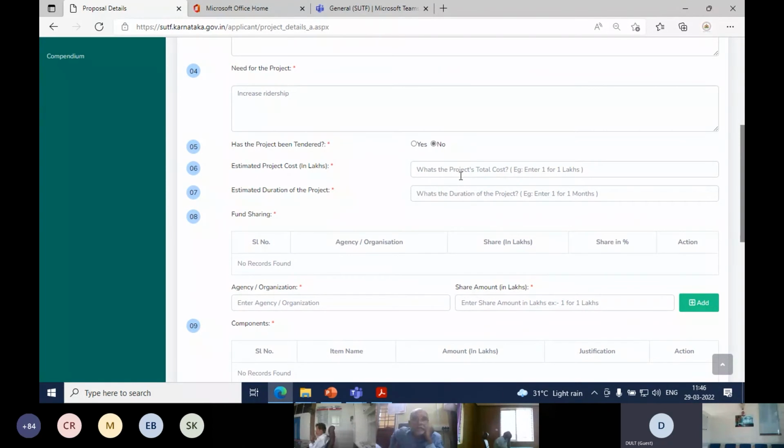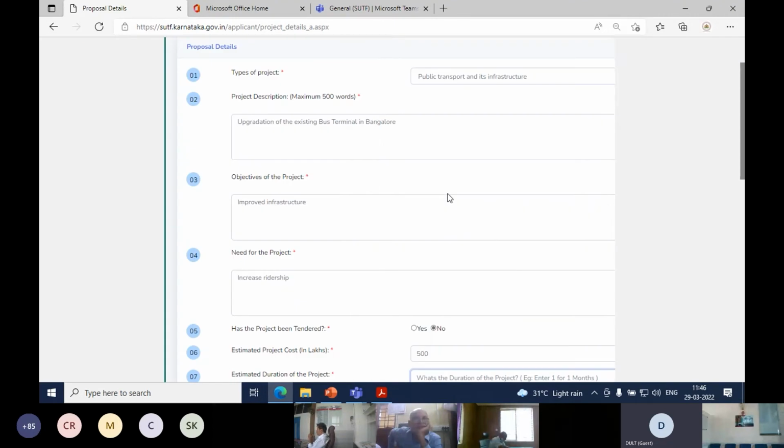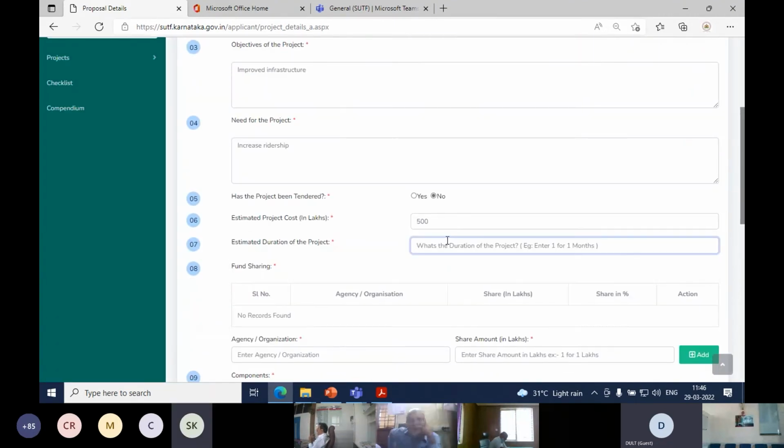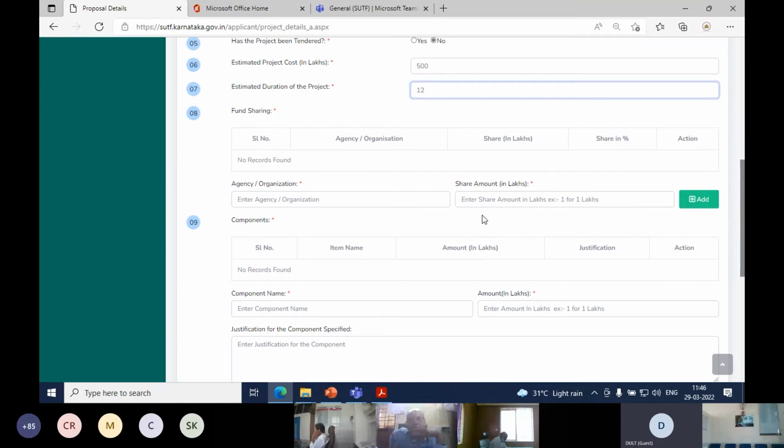So right now my project isn't tendered, so I will enter the estimated project cost. The project cost to be entered is in lakhs, and the estimated duration of the project in months. So I have entered 12 months.